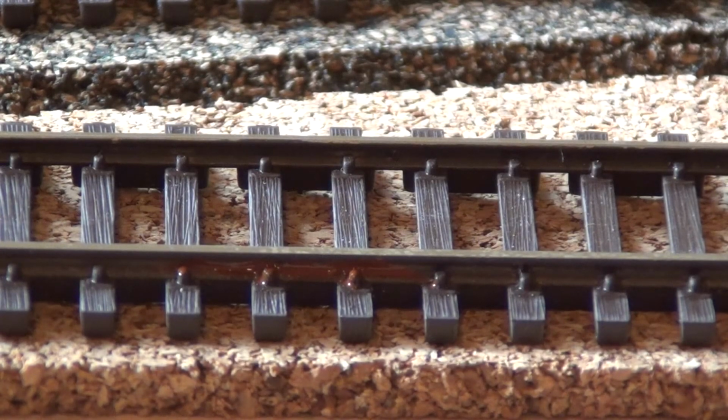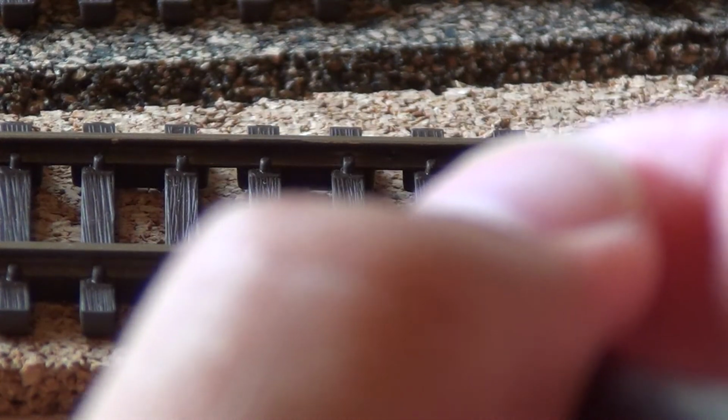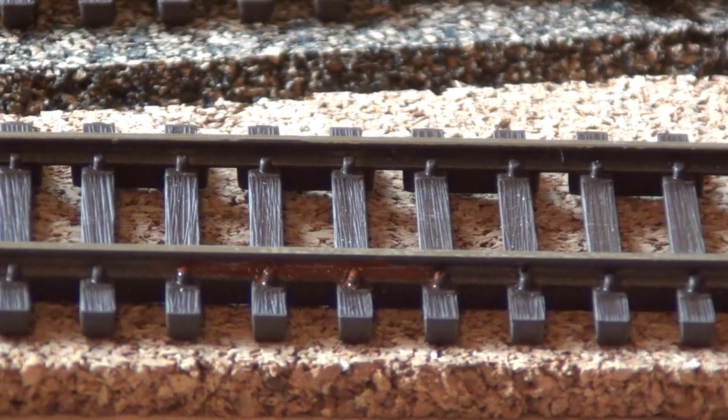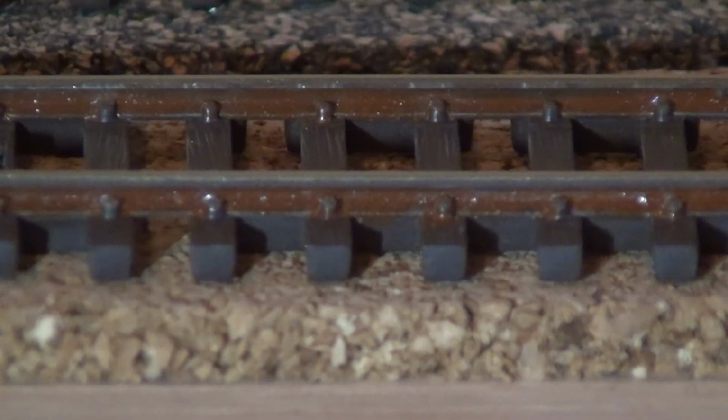So once I get all of this painted, I'm going to take my Bright Boy and take the edge off the top part of the rail, which overhangs the main body of the rail, to give it that nice bright shiny look you'd get from the trucks of locomotives and rolling stock going over it. So I'll go ahead and paint on this for a while, and I'll get the layout down in some good lighting, and you'll really be able to appreciate what the hand painting of the rails is going to look like for your layout. Okay, so I spent about the last 4.5 hours total to get all the track painted up,